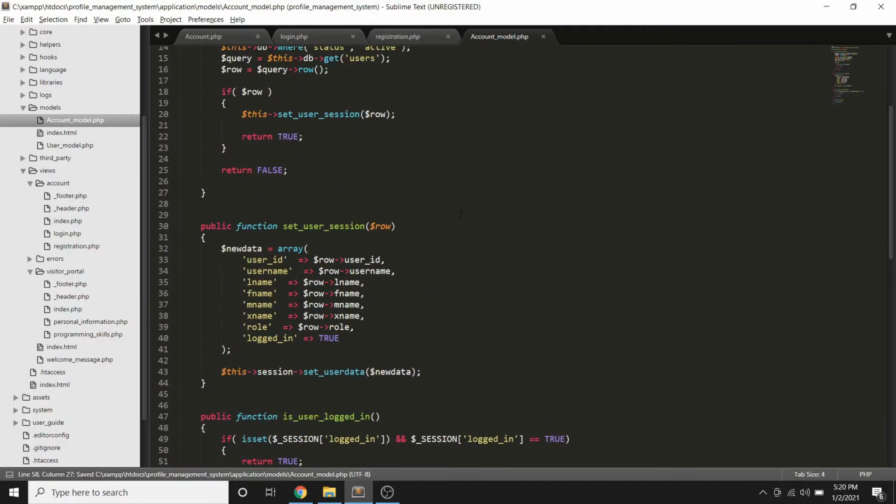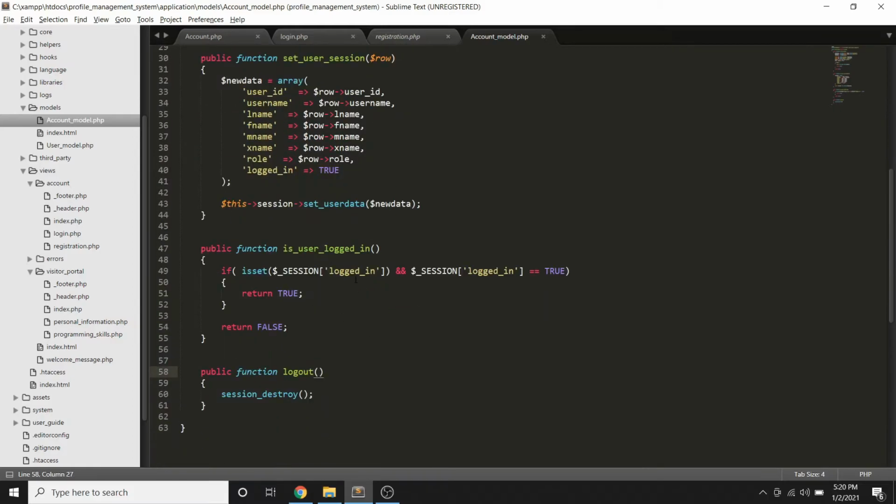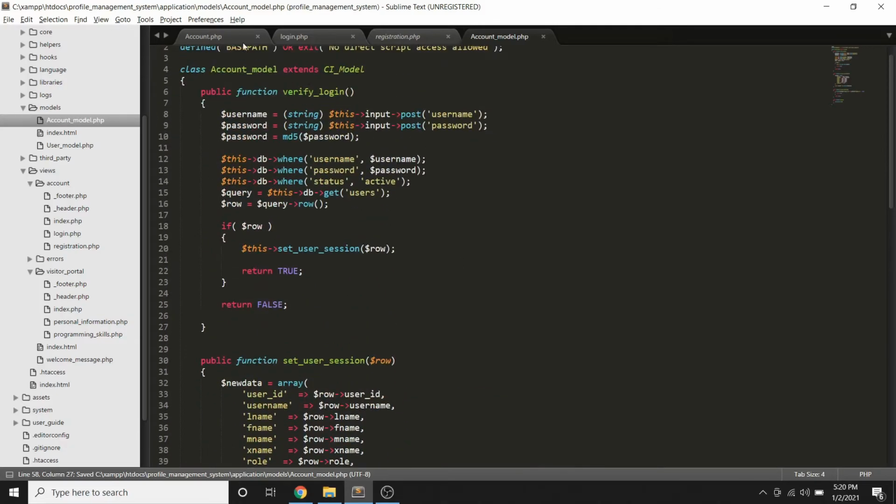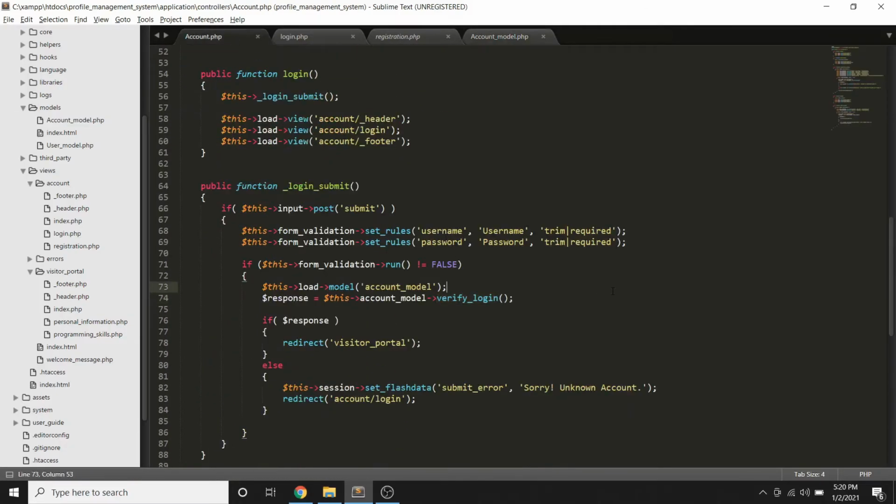Okay, so once mag-login, isa-set natin yung user session. Once mag-log out, i-destroy natin yung session. Then, we can also check if the user is logged in. Okay? So, once we do that, log in, then mapupunta na siya dito. Then now, on the part of the logout,